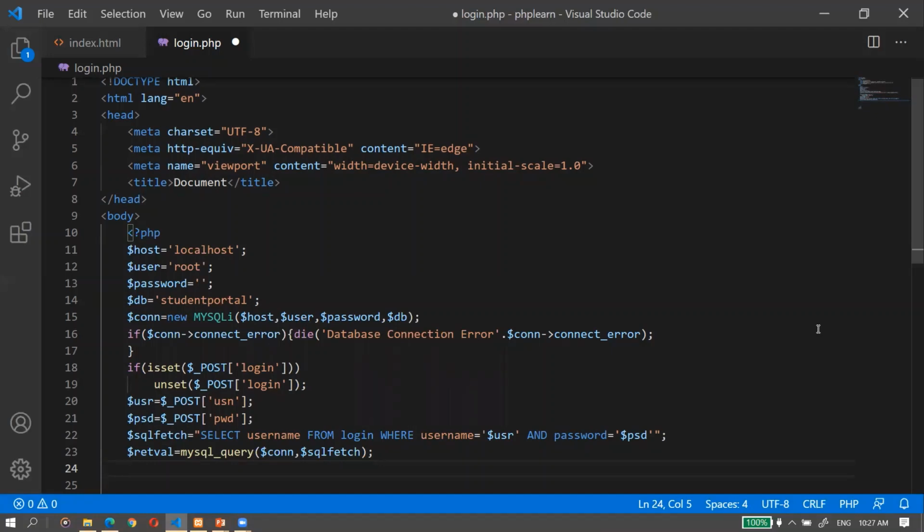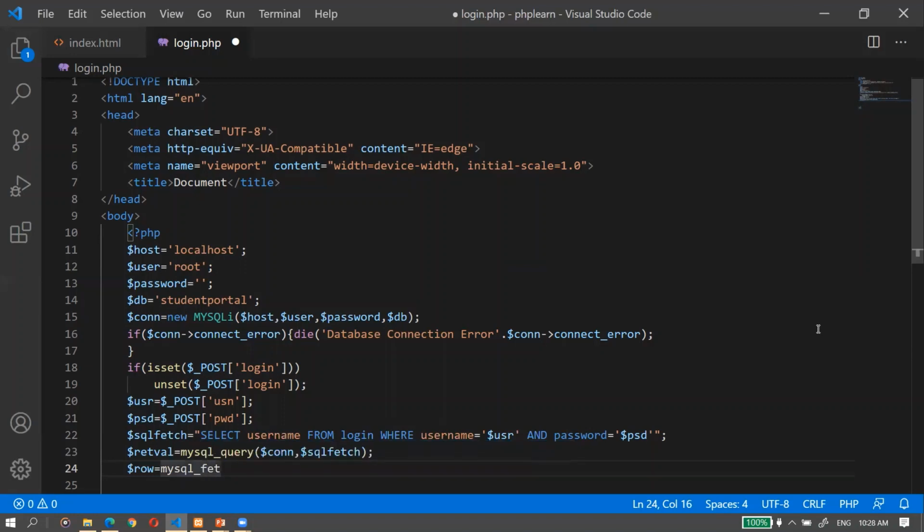Now here we know there must be one unique user for single value, right? But to fetch that value from that variable, we have to use a function called MySQL fetch array, right? So we will fetch those information from the retval variable. So for that I am writing row wise, row by row it will fetch the value of the array, although there must be a single row.